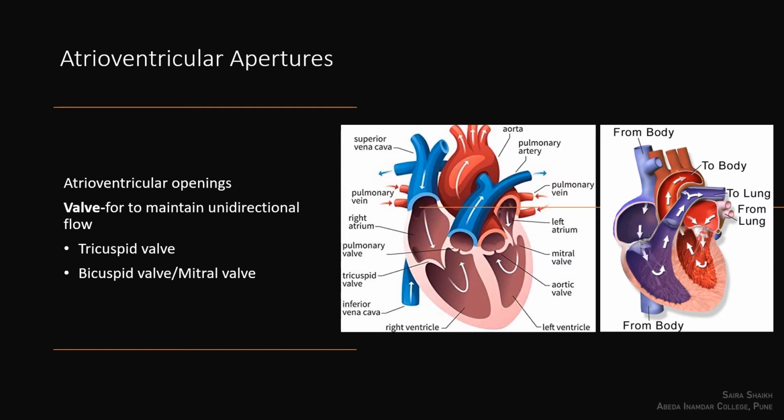Between the right auricle and the right ventricle, the tricuspid valve is present, while between the left auricle and the left ventricle, the valve present is called the bicuspid valve or the mitral valve. Here cuspid indicates a cup-shaped structure. In the tricuspid valve, three cup-shaped structures are present, and that's why it is called the tricuspid valve. While in the bicuspid valve, only two cup-like structures are present, and that's why this valve is named the bicuspid valve.